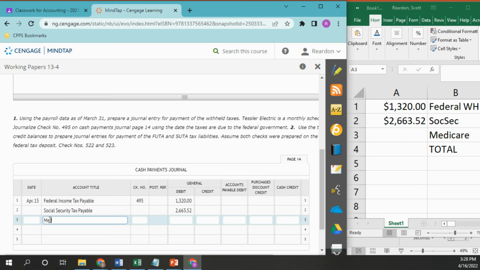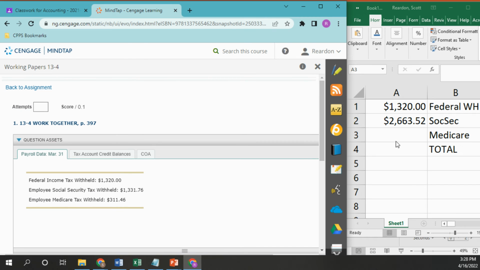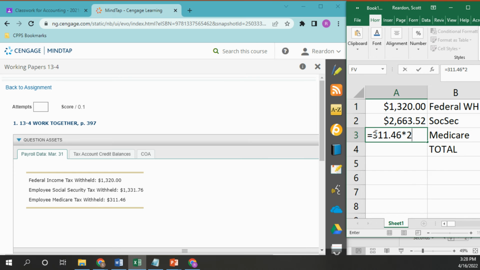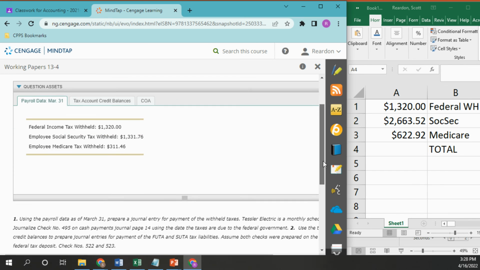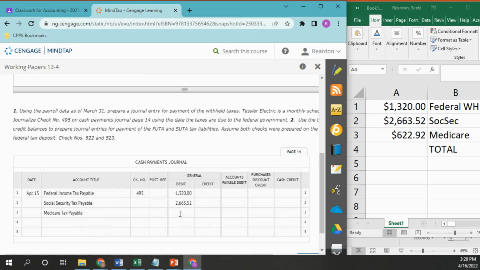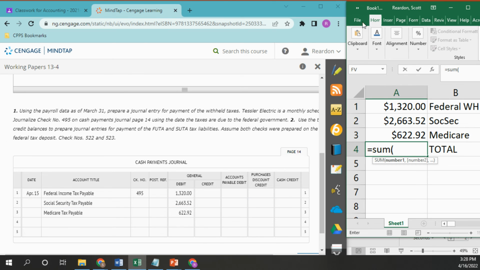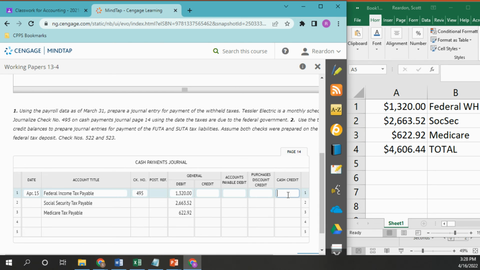Medicare is going to be the same thing. We withheld 311.46 times 2. That's that one member. Social Security 6.2%, Medicare 1.45%. We have to match that. And if we total that all up, I realize I could use the sum command, but I'm kind of too lazy to go find it right now. If we sum it all up, we have a total cash credit of